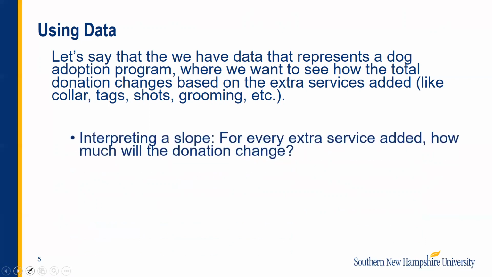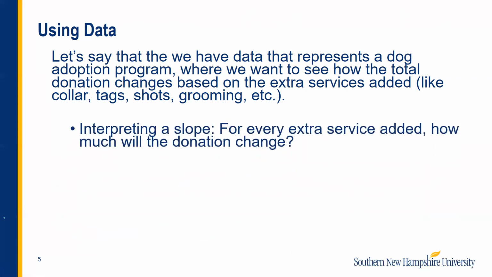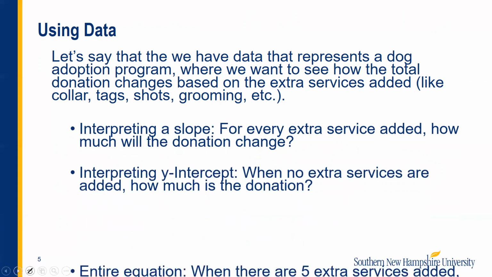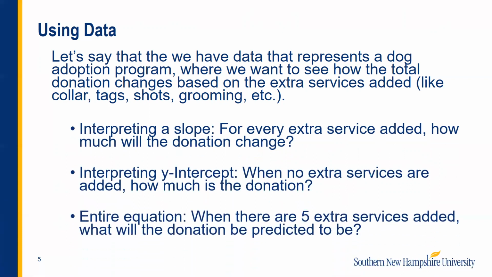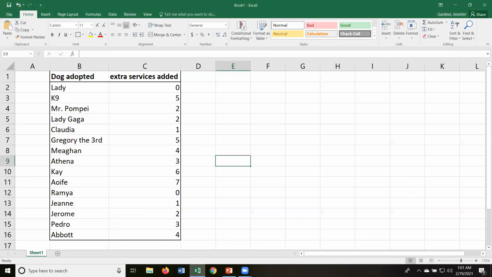So we are going to interpret the slope and see what happens there. We're going to interpret the y-intercept, and then we're going to interpret the entire equation. But first, before we can do that, we have to get the values. So we are going to go over here to my lovely Excel sheet, and we see that these are the dogs